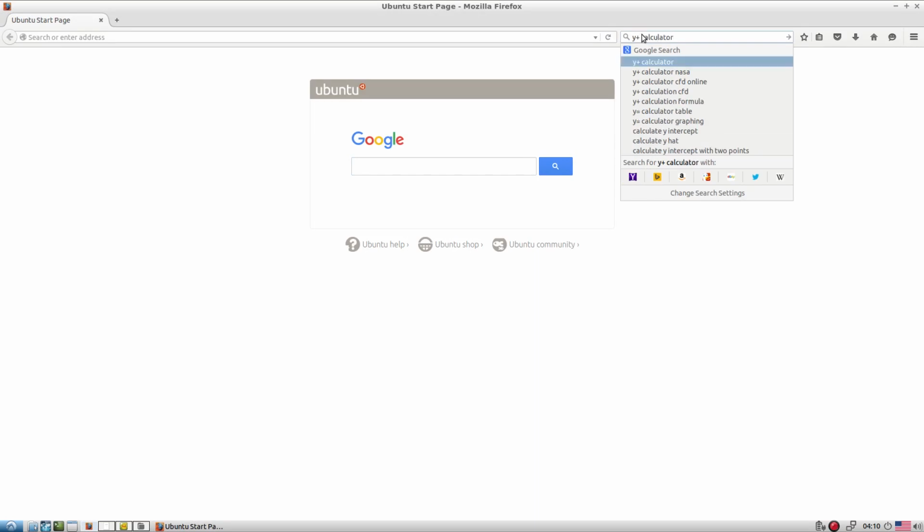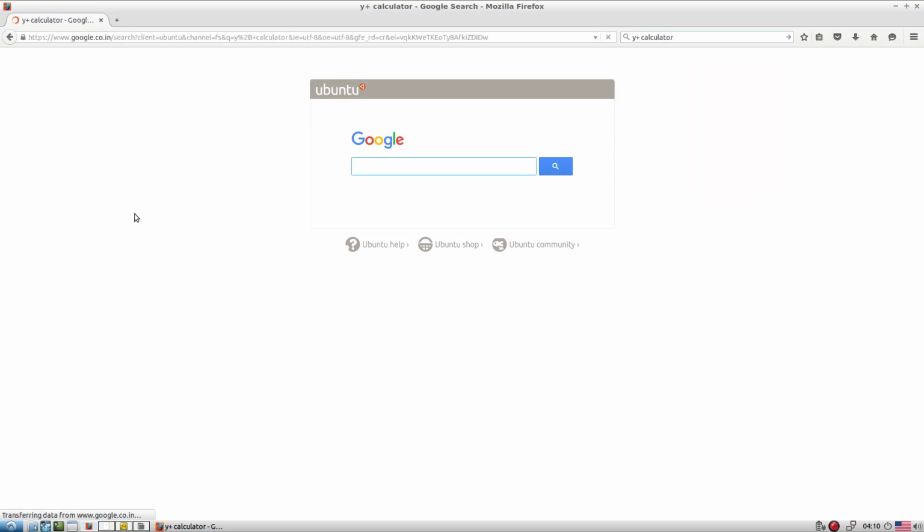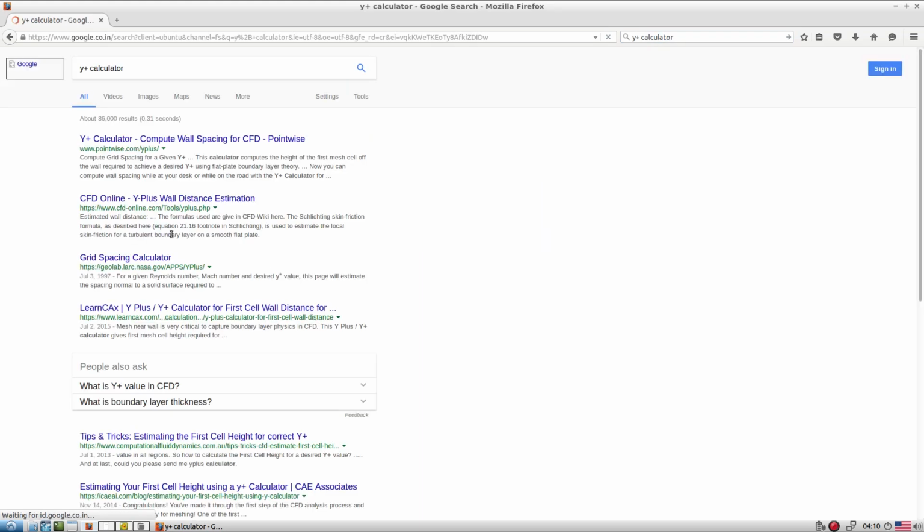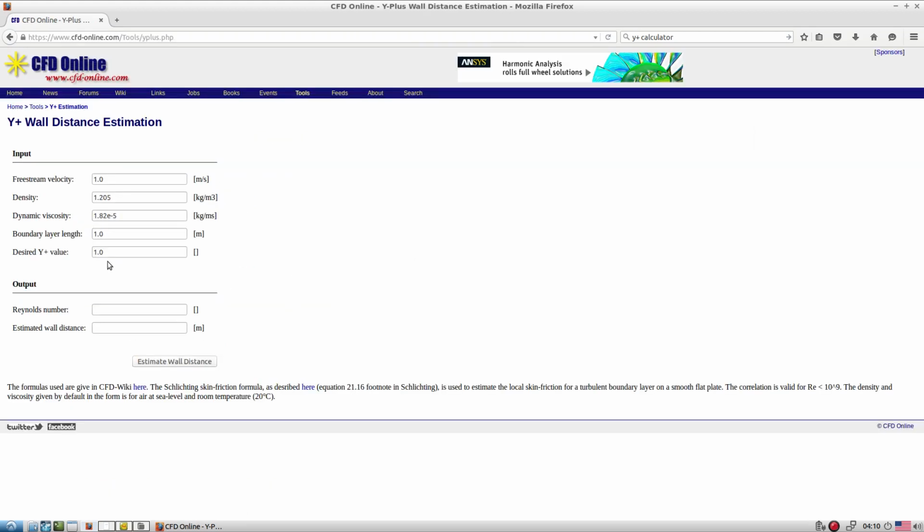So when you type y plus calculator in Google or anywhere, you will see a couple of entries. Okay, so CFD Online provides you a very nice y plus calculator. So go with that, but please remember this y plus calculator is based on the flow over a flat plate.